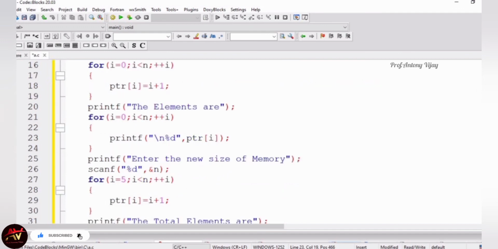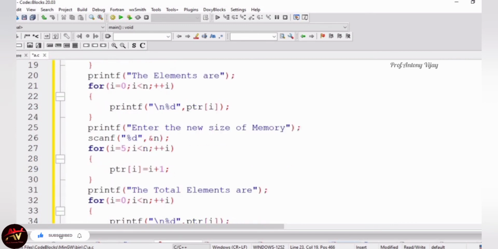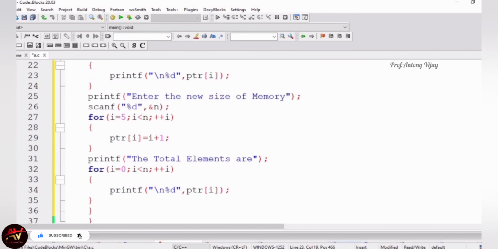So in this printf statement I am mentioning the new requirement of memory so that I get the input through n. If the new value of n is 10, it will take 10 elements actually, but here in this for loop I am starting with 5. Already 5 elements are there, that is 1, 2, 3, 4, 5. So I start with 5. It means it will store 6, 7, 8, 9, 10. Again this for loop will be executed for 5 more number of times. Finally I am printing all the 10 elements line by line. This is what happening. So in this reallocation process, if you need extra space, we can create by reallocation.